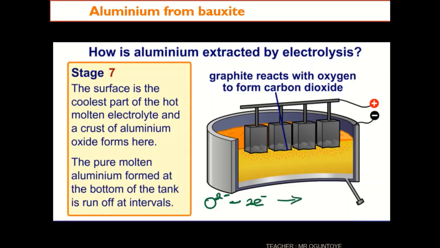One oxygen ion will lose 2 electrons because oxygen is in group 6 and the valency is 2. So if it loses 2 electrons, it becomes an oxygen atom. Because oxygen is diatomic, you would expect that if 1 mole of oxide loses 2 moles of electrons, then 2 moles of oxide here will lose 4 electrons. So we can balance the equation this way. So 4 moles of electrons are lost. Essentially we can see here that oxygen gas is what is released at the positive electrode, which is the anode,